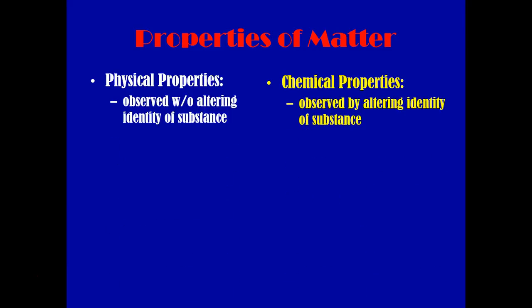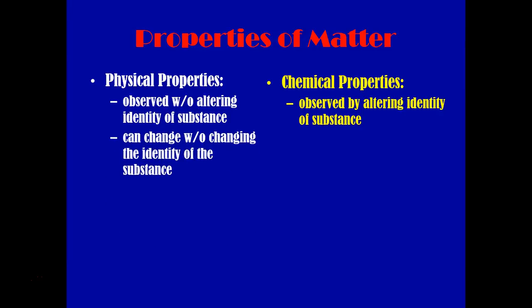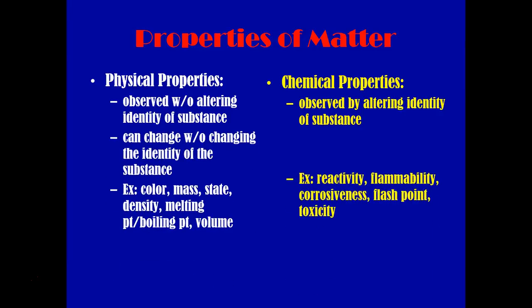The last thing I'm going to talk about here are chemical and physical properties. A physical property is something that you can look at and observe without changing the substance or without any chemical reaction happening. When you observe a chemical property, you have to do something chemically to it to observe that property, and that means that a sort of small chemical reaction would occur. To give you some ideas of some examples here,